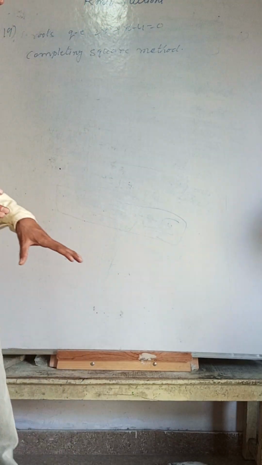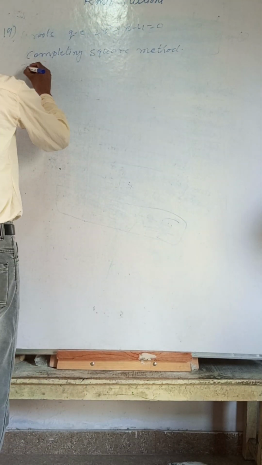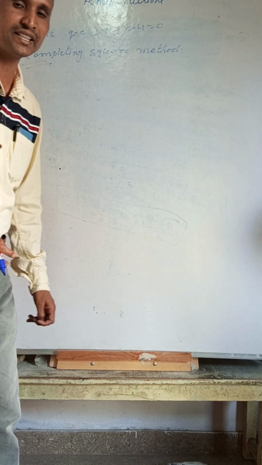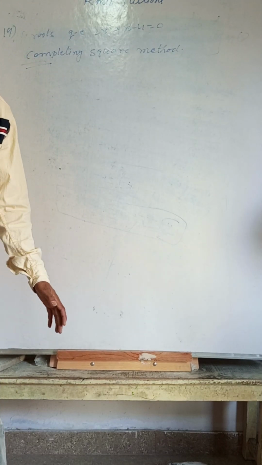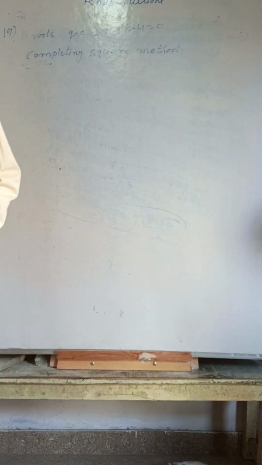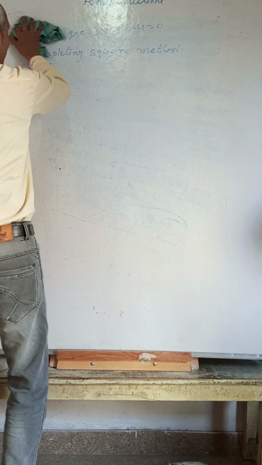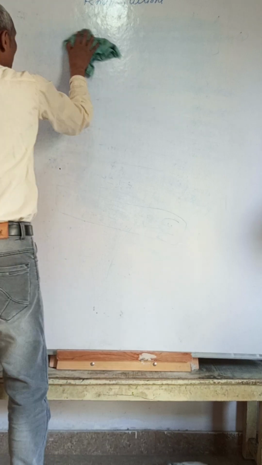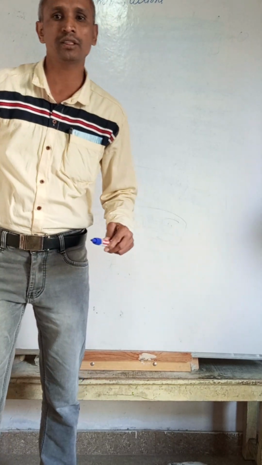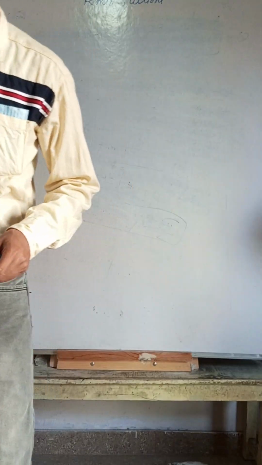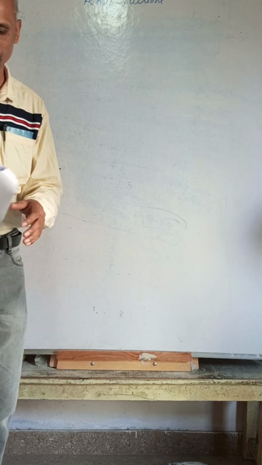The total method is there, okay. In that channel it is already kept, the same questions. I hope you will see the reminder video and you will find the same answer. Next we are going to question number 20. The completing the square video is about 10 to 15 minutes long, and you can find it on the YouTube channel.